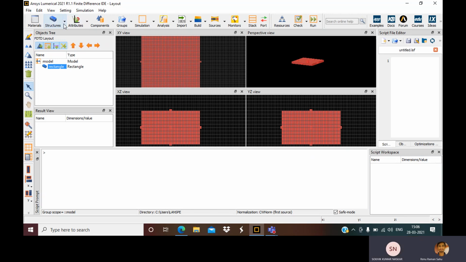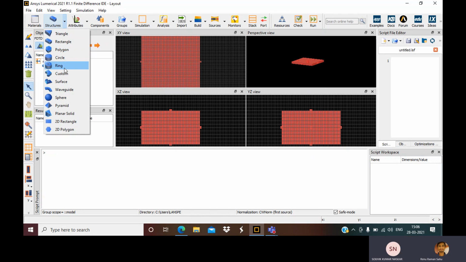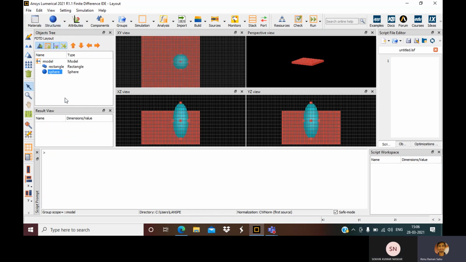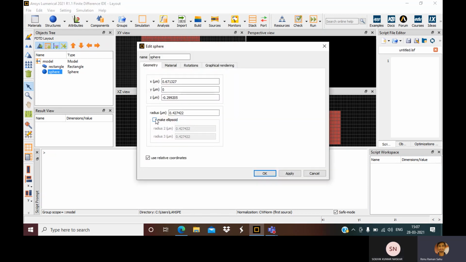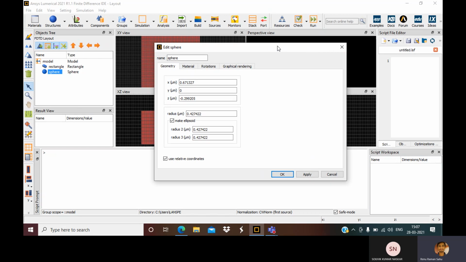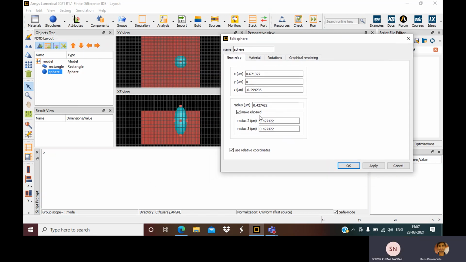I'll take another structure, a sphere, and I'll reduce its height to make it a kind of globule. I'll make it an ellipsoid, and there will be two radii, one longitudinal and the other lateral, the semi-major and semi-minor.